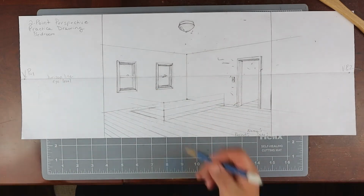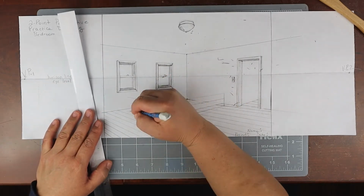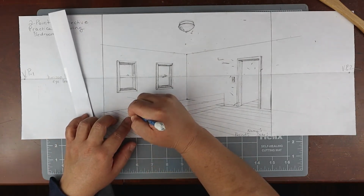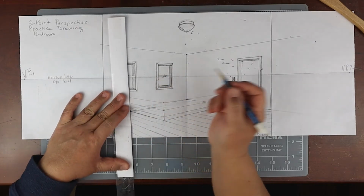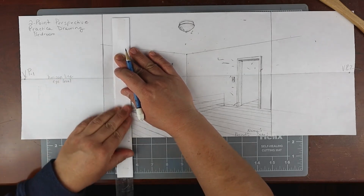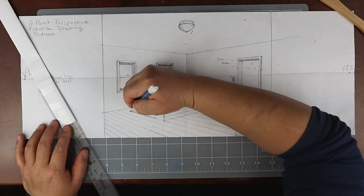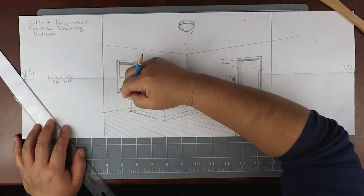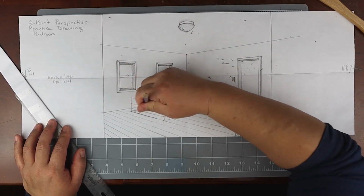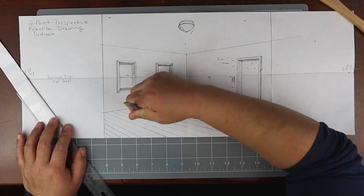Okay, so that's the other end of my mattress, and then from that corner right here, wherever I determine the foot of the mattress ends, I'm going to put a little dot there so you can see it. Draw a line straight up that's parallel to this vertical edge of the paper. Make it a vertical line, an up and down line. Okay, and then have all of the vanishing point 1 lines end right there. Okay, that's good. And then erase the floor and the wall line and all that other stuff that you see